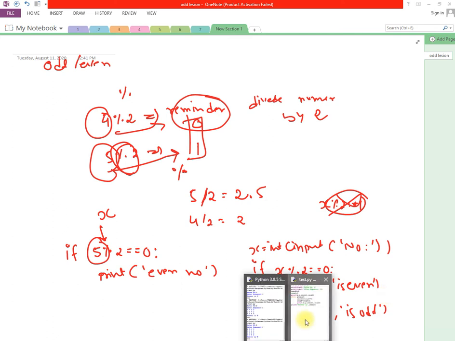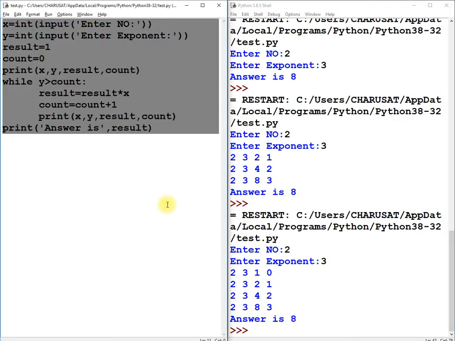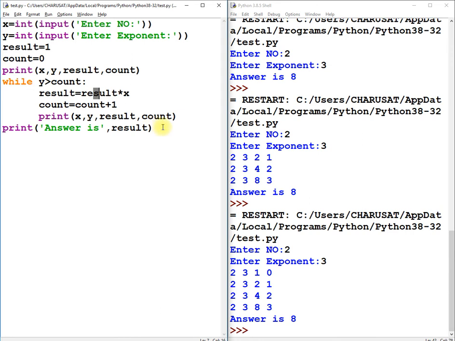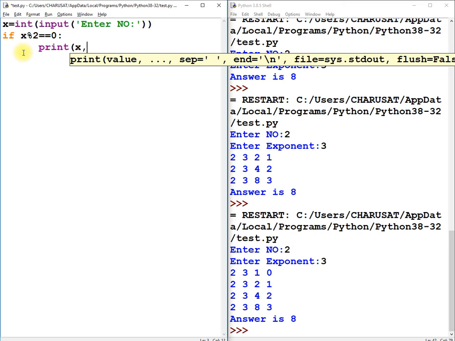Let's have a demo. I am asking for a number from the user, then I'll check if x modulus 2 is equal to 0. If this condition is true, then this number is even, so I'll print x is even number.